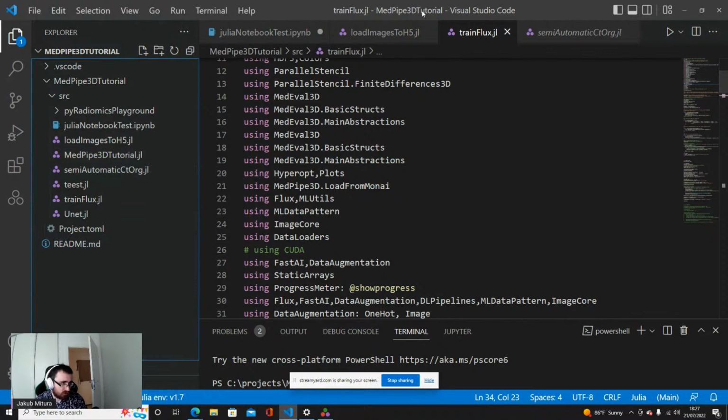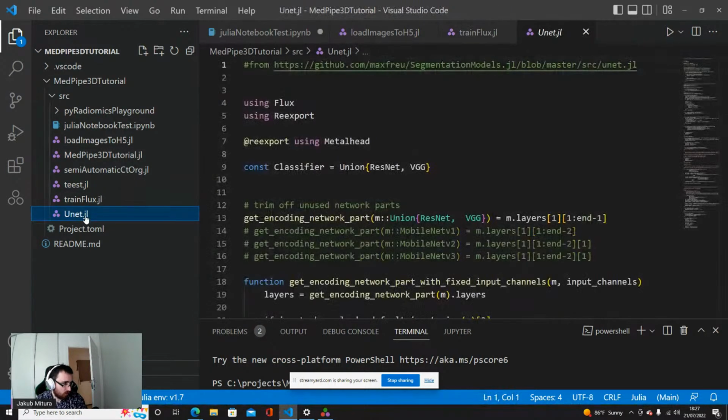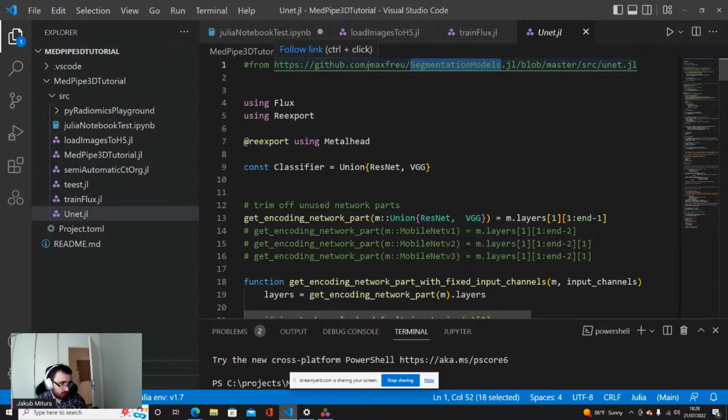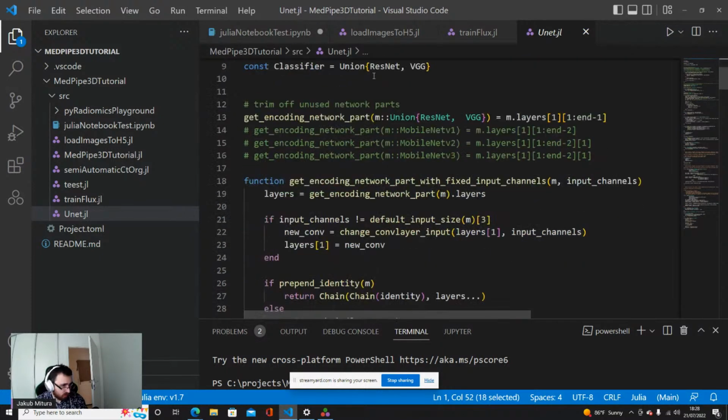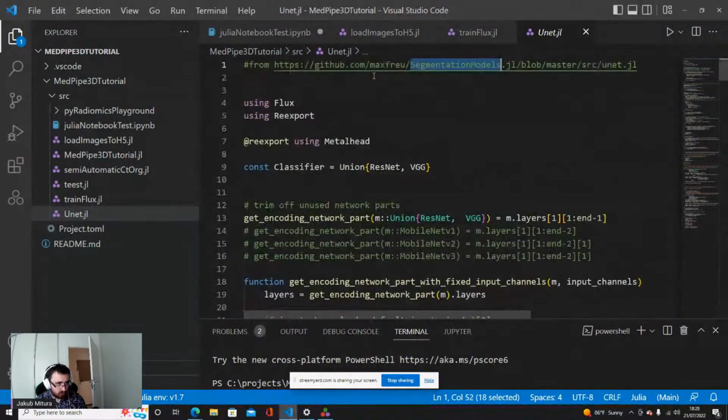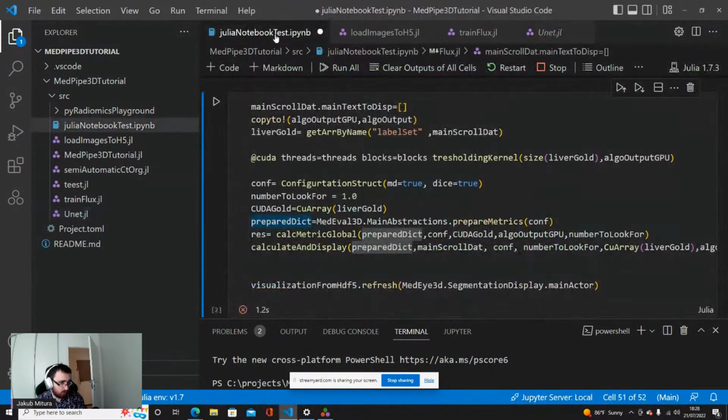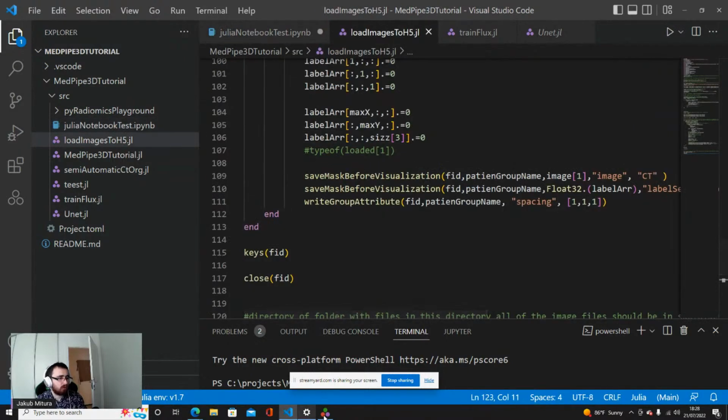U-Net implementation itself. So this is based on the U-Net implementation copied basically from the SegmentationModels.jl library, the open source library that has some implementations of different algorithms, different architectures. The U-Net that I found there was to my liking, but there are other U-Net implementations that are present. I will show you one later, just to describe how the U-Net works. Or maybe now I'll show you. Wait a moment.